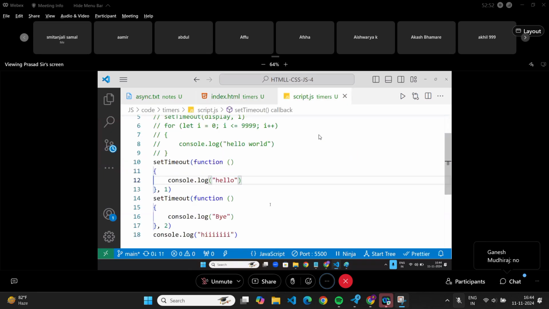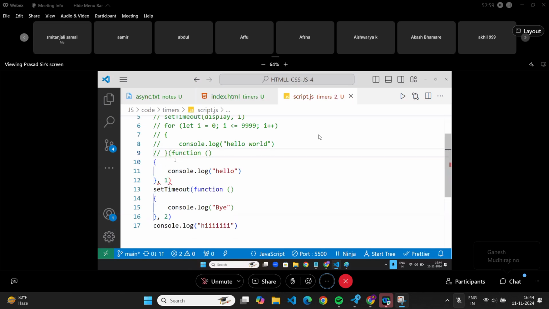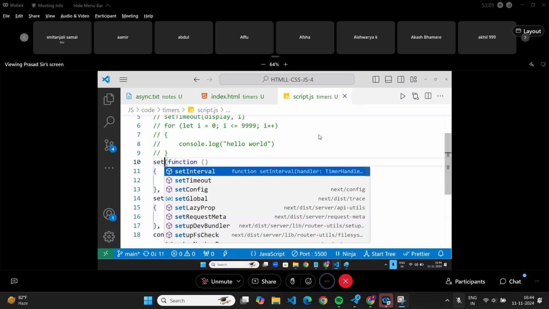I hope it clarifies. What if instead of this, I used set interval for this one?